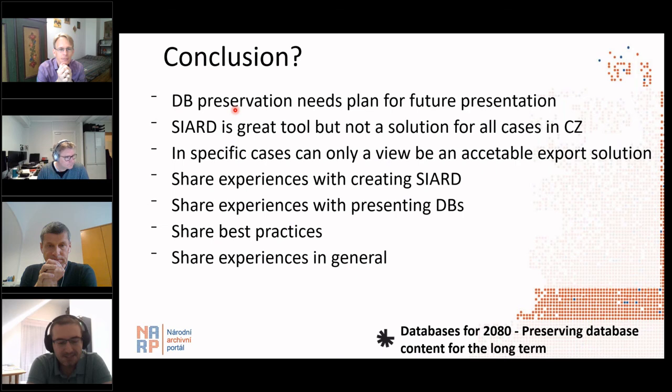Or do you think that after 20 years only a simple description of the columns of a database will be sufficient? I don't think so. Do you think that producers like ministries will be satisfied with a SIARD file, although they will request a simple report, a simple financial report? I don't think so. And this is just one simple example, but it might be a real one. So thank you for your attention. I'm done.